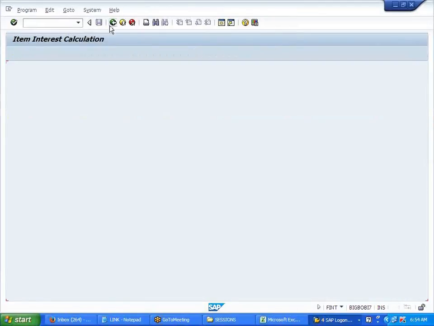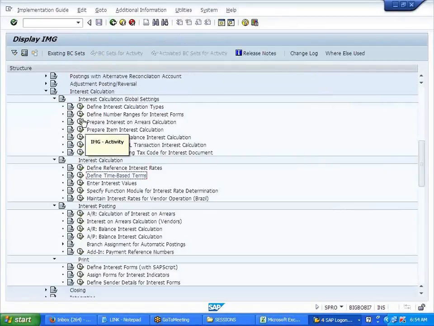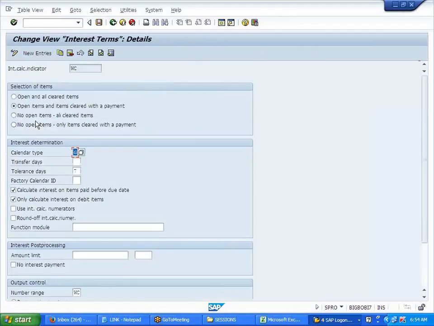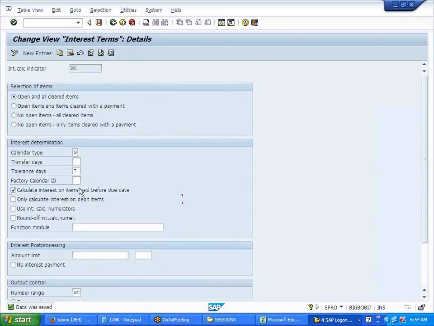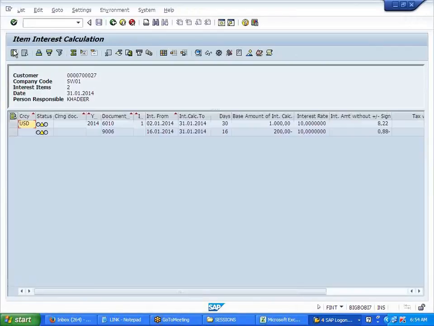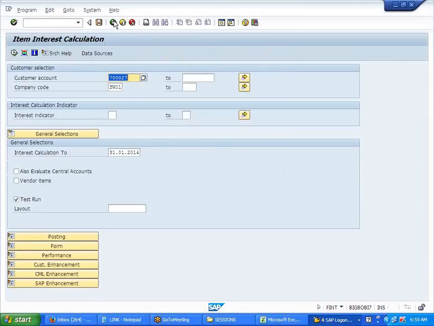Correct. 10%. So this is calculating as per that now. In WC, same 10%. What funny is this?